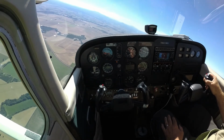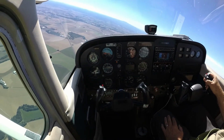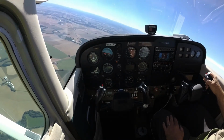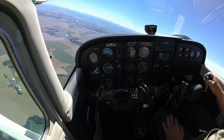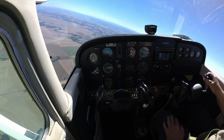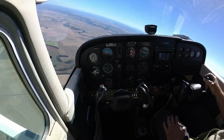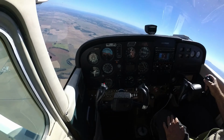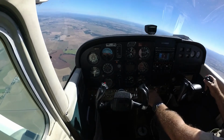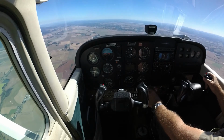So there are a number of ways that we can configure the airplane for a descent. Sometimes we'll put on the carb heat and bring the power back to about 1500 or 1600 RPM. But when we're 13 miles out from the airport and about 3,500 feet above it, there's no point in coming in that slowly. So we leave the carb heat off. I'm going to leave the power up at almost...